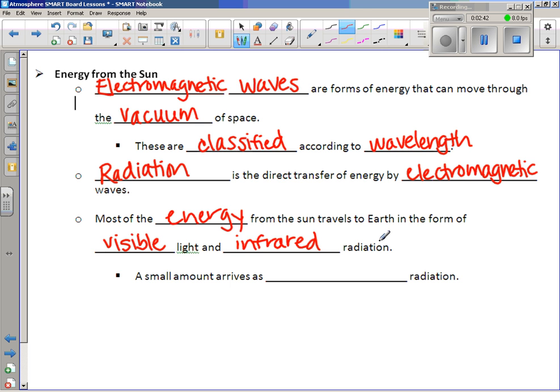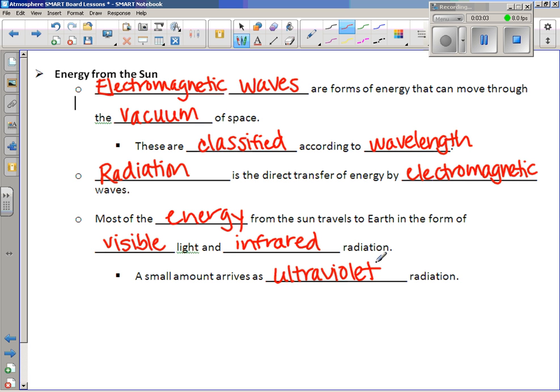And there's just a small amount that arrives as ultraviolet radiation, which is another type of radiation you have probably heard of. So just a small amount arrives as ultraviolet radiation, but most of it arrives as visible light or